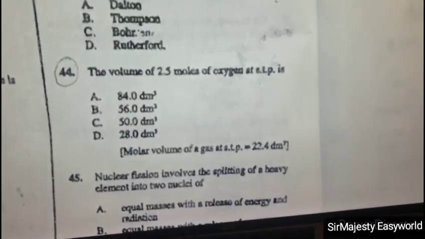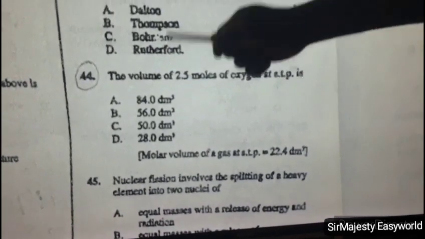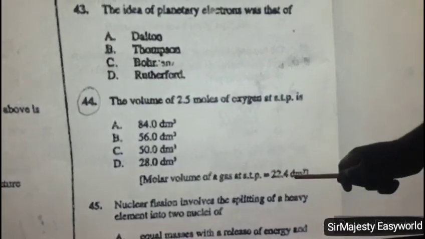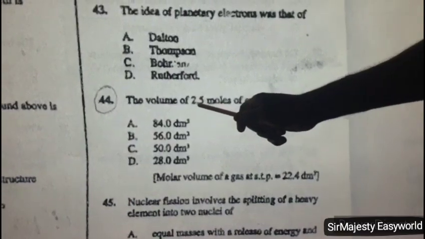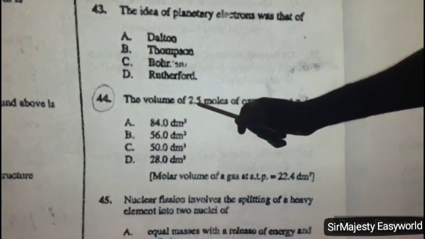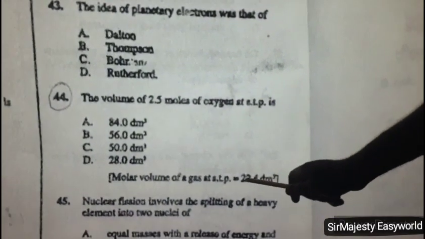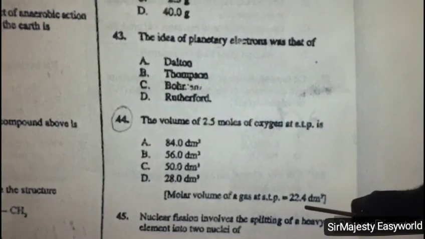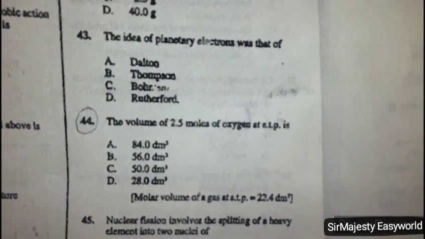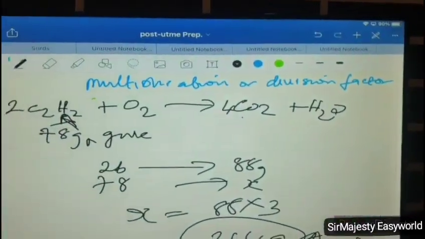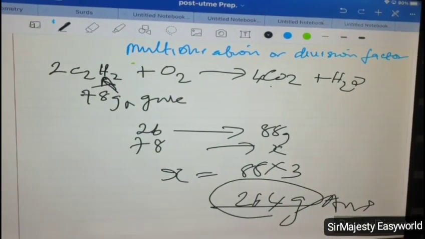So the answer is B, even without wasting time, because 1 mole of any gas will give you 22.4. Therefore, if you increase 1 to 2.5, it means that your multiplication factor is 2.5. You also multiply the corresponding volume by 2.5. So even if you don't understand it, let's go back to the solving notes so that you get what I'm saying. So in this case,